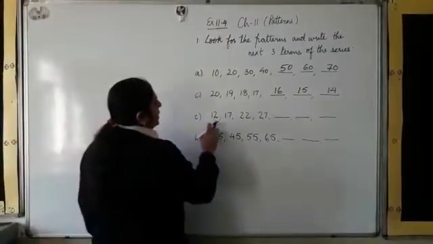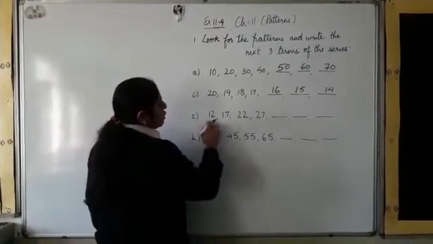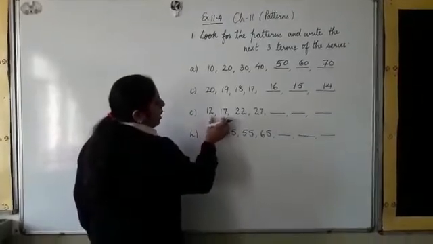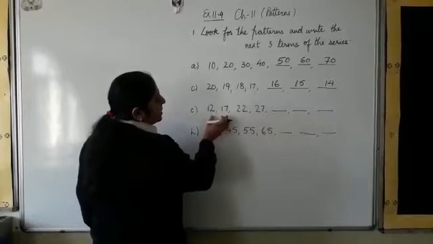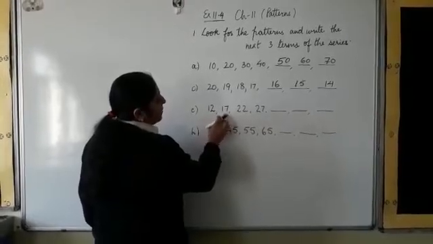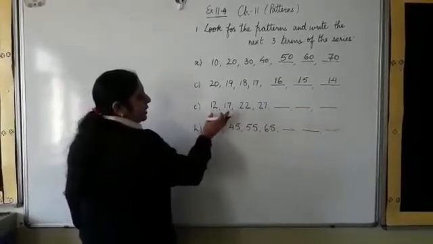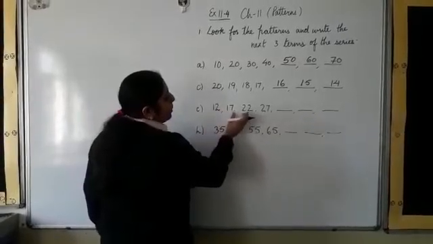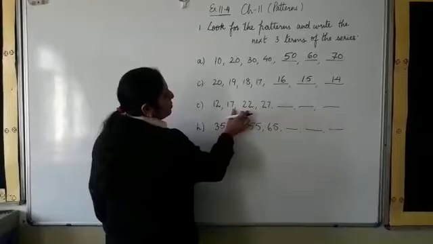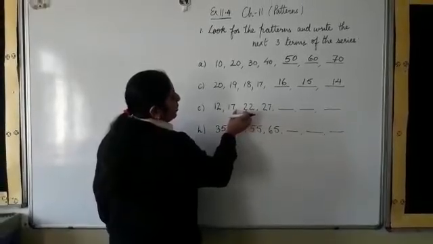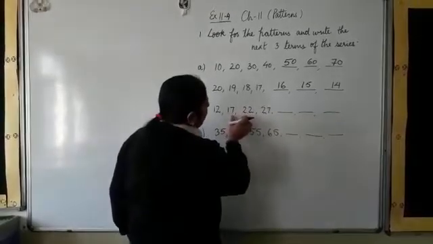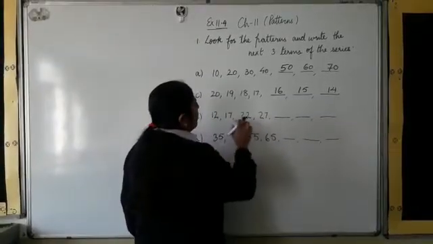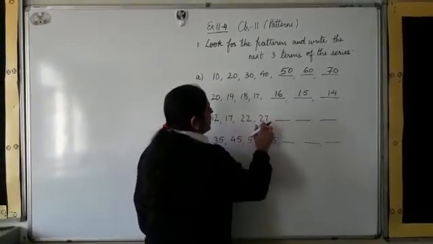E part here says first number is 12, then 17. The difference between both these numbers you have to see. The difference here is 5. After 12, 17 has come, which means there is a difference between both the numbers of 5. So here, next again there is a difference between 17 and 22. It is the difference of 5 only. The same way you are continuing it. After 12 it is 17, then 22, 27.